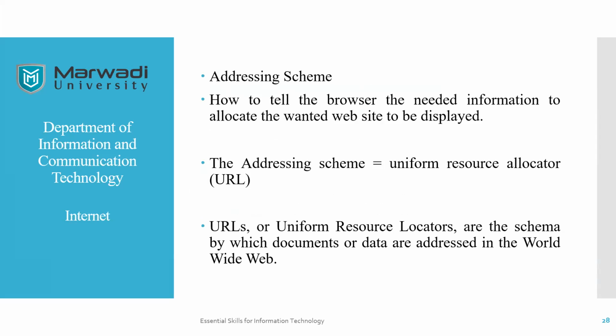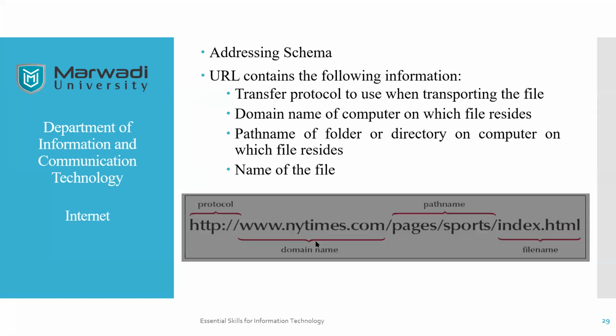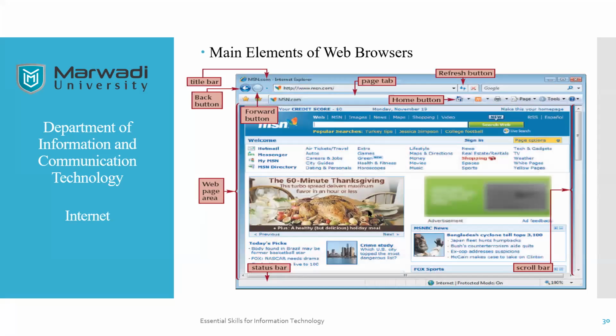Okay, the full form of URL is Uniform Resource Locator. Then we have seen the addressing scheme. So in the addressing scheme, first we have seen the protocol, then domain name, then path name, and last one is our file name. Okay, then we have seen main elements of a web browser,